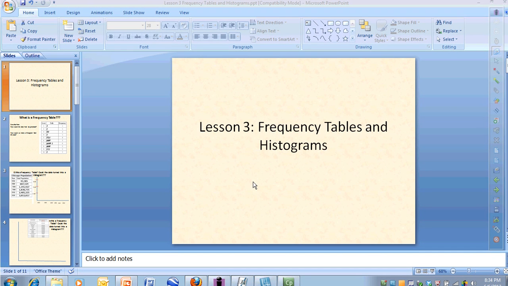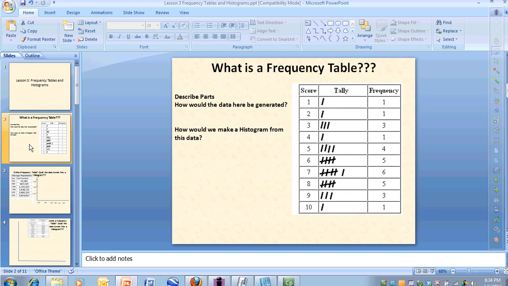Okay, hello and welcome to our presentation on frequency tables and histograms. This should not take too long, but we are going to make this relevant to real life because, since I'm a history teacher also, we are going to make a connection to history topics. But first